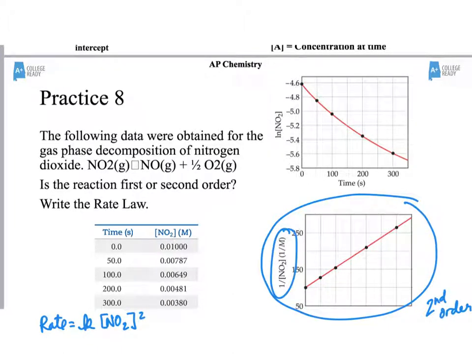Okay? So pick 2 points on the data table and let's find the slope. All right? We could pick this point and this point. And the time, the total time, the 300 seconds, and we can find the slope from there. Okay? Then once we have that,